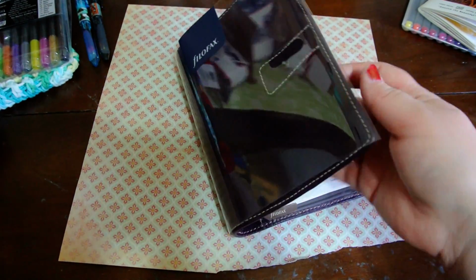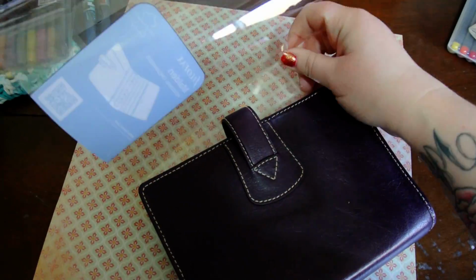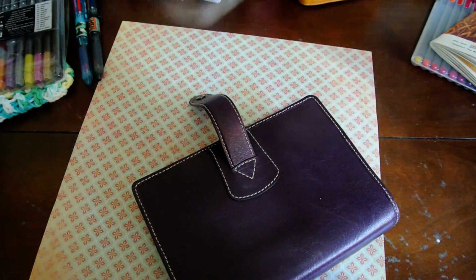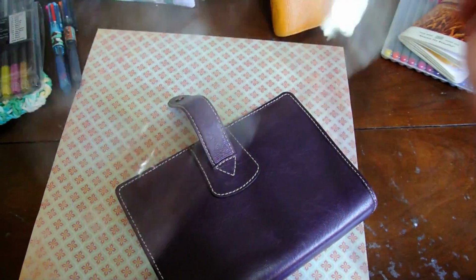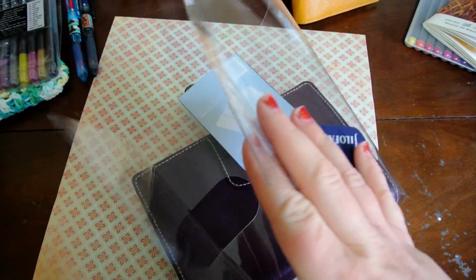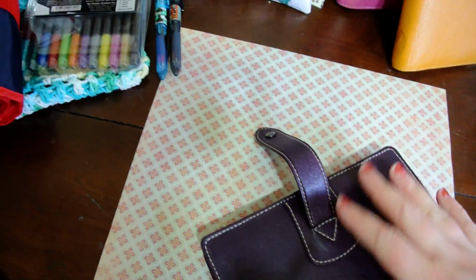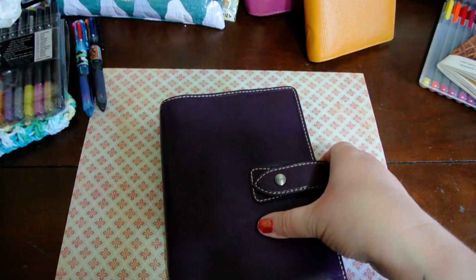Lovely. Let's take this baby out of the plastic so we can get a proper color assessment, because that was one of my main things. I've been watching videos obsessively, of course, for weeks. And I couldn't figure out how purple it was, how pink it was, how black it was. It was too hard to tell. So, let's see. Snap that baby back closed. Gosh, it's got such a long clasp. Okay, so